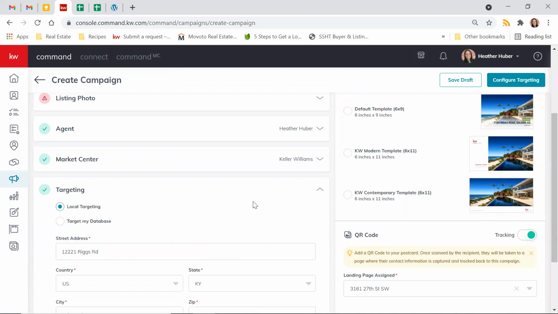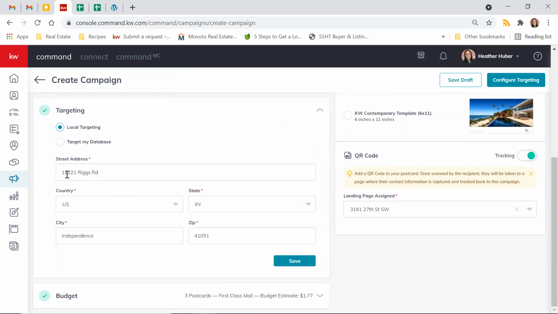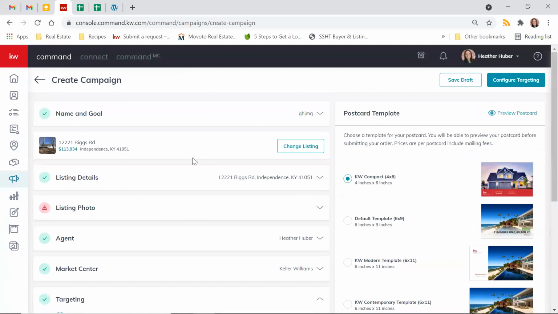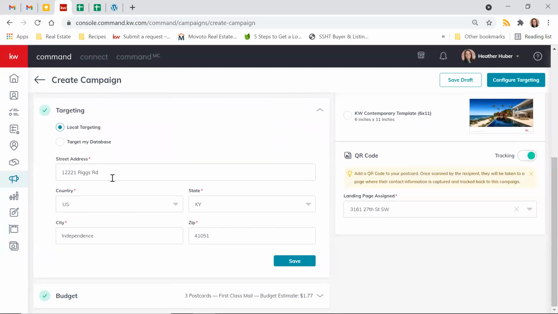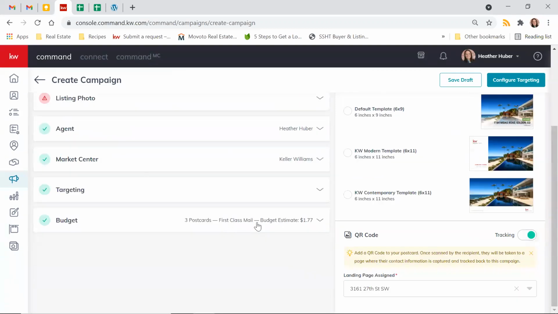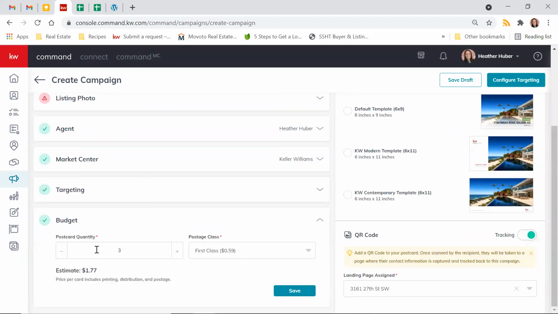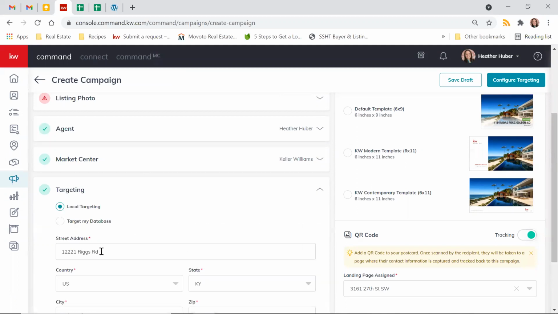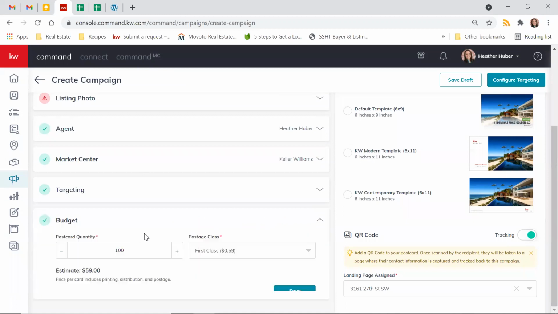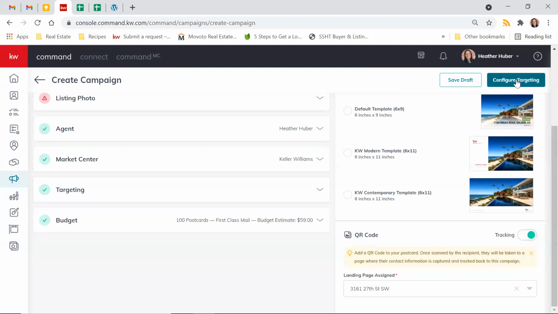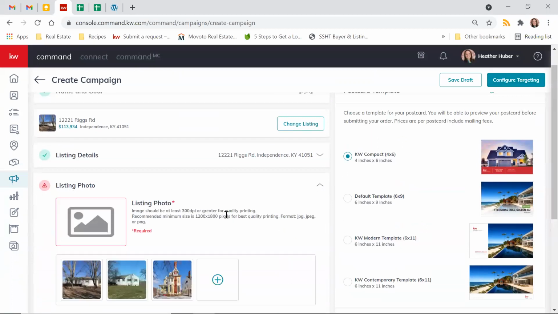But I want to show you local targeting just because that's a little bit more involved. It will automatically populate the address of whatever listing you chose up here. If you want it to be a different one, you can do that as well. Save there. And then for your budget, it has 3 selected because I had selected 3 people from my database. Let's say we want to do 100 homes around this address. 100 homes is going to cost us $59 because they're 59 cents a postcard. So we'll save that. But we can't configure the targeting, I bet, because it won't let me